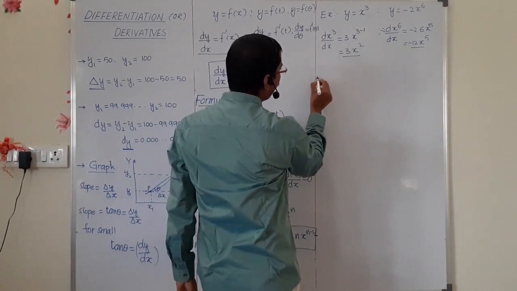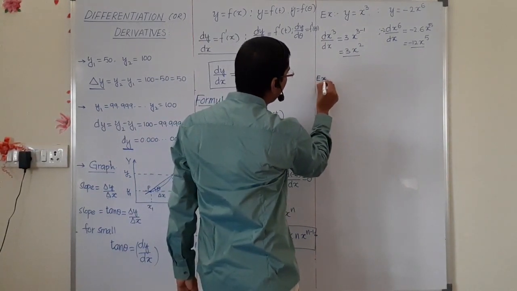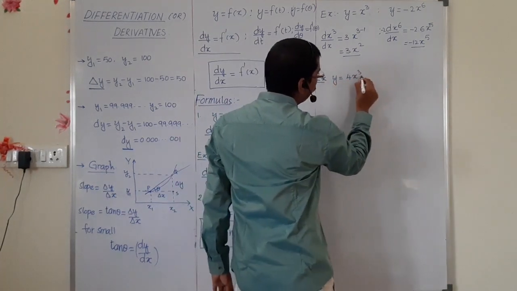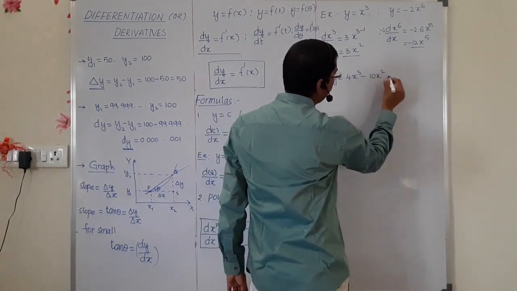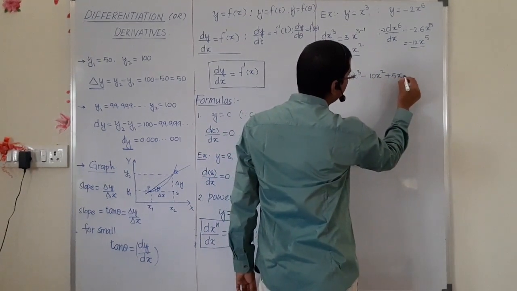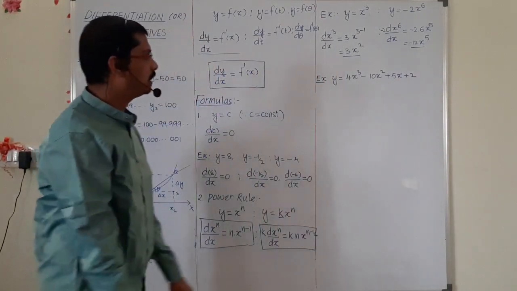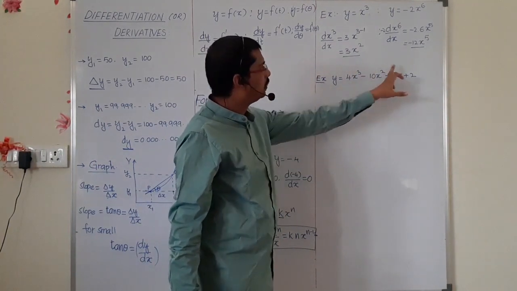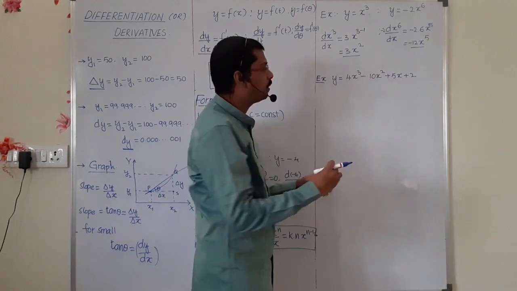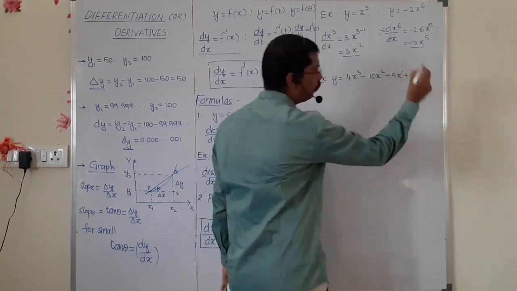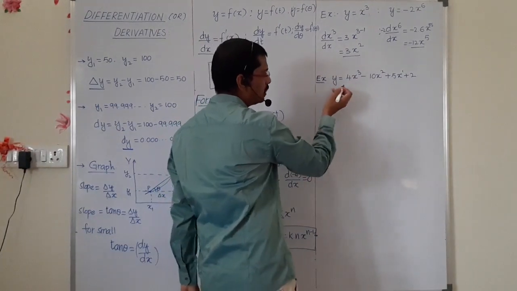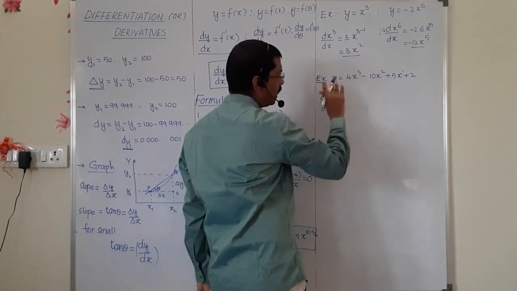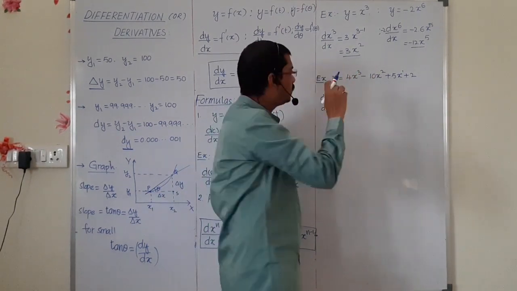If you take another, it is a single variable. Now if you take one value, 4x cube minus 10x square plus 5x plus 2. If you observe this sum, the power is given, a constant is also there, the powers are 3, 2, and 1 like that. Here if there is no power shown, it means 1 is there. Now the differentiation of y, how can we write? Here I am writing dy upon dx. If you want to write this pattern very basically, how can we write?